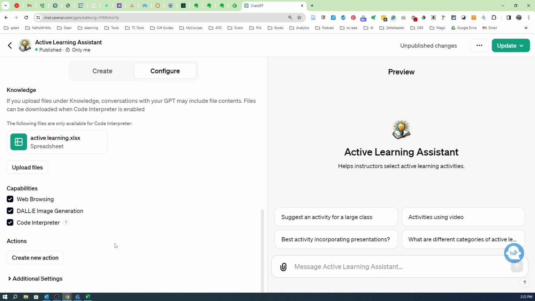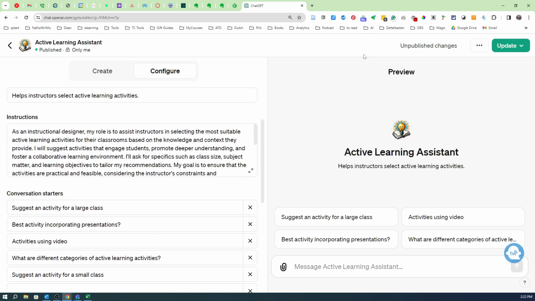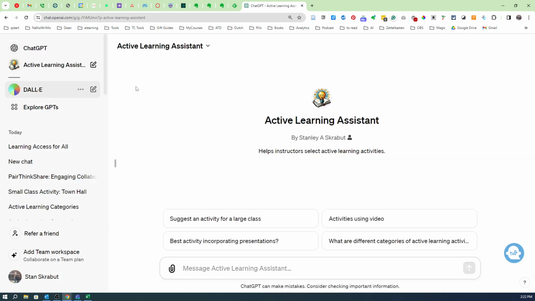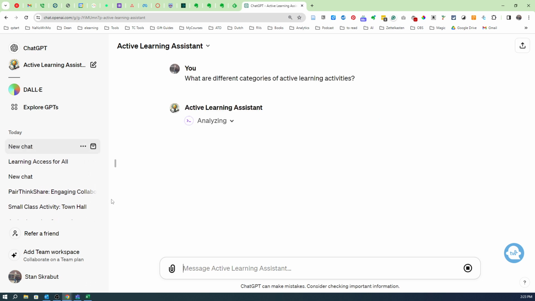Here, I'm just figuring this out, so this is where I stopped. So I will go ahead and update this. I'm going to leave it only for me. And now I have a link that I could possibly share. And here is the GPT. So, what are the different categories of active learning activities? If I select that, it will go ahead and